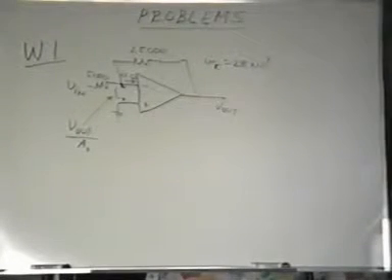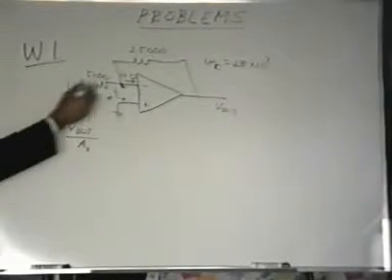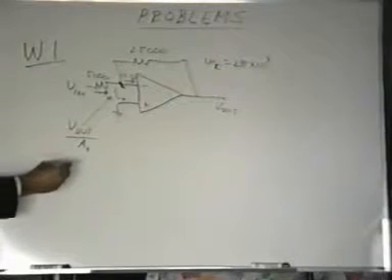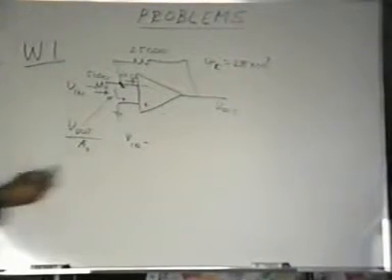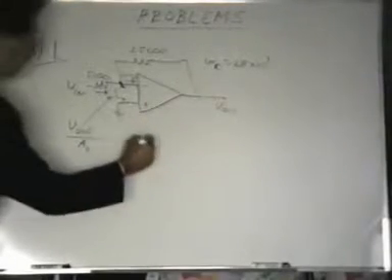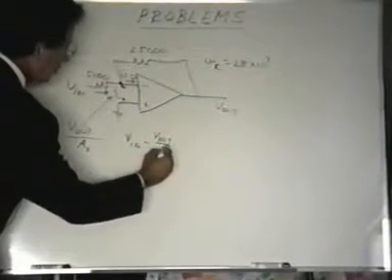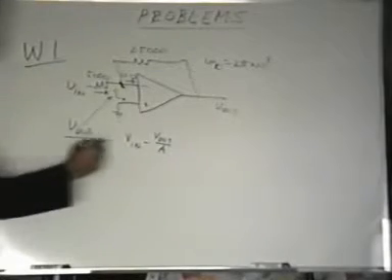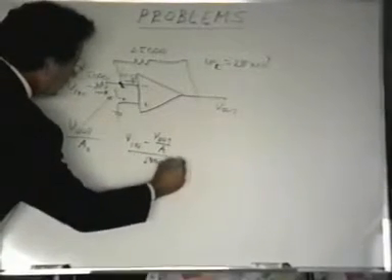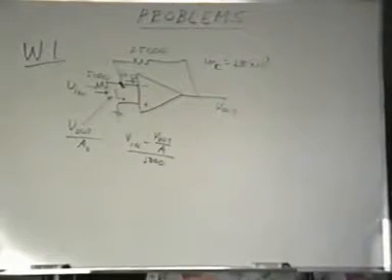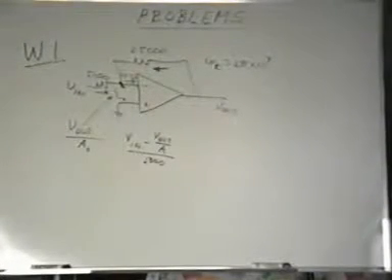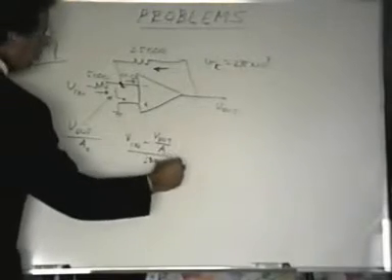Now, if we write Kirchhoff's current law at this node, we can write that the current flowing in from left to right would be Vin minus the voltage at that point, which would be V out over A, and this is divided by 5,000 ohms, and that current added to, let's assume that the current is flowing in this direction through the feedback impedance, that current would be equal to V out,